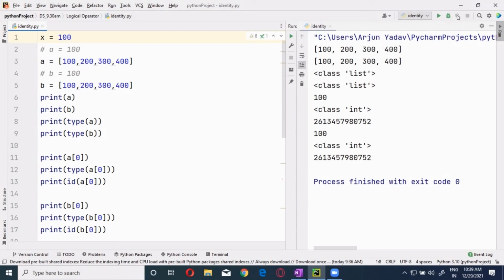Now, this x ID will be the same. That is the nature. What are the 3 variables holding the 100 now? x, A of 0, and B of 0. Now, 3 are holding the same value, so they are pointing to the same memory location. That is the nature, actually.